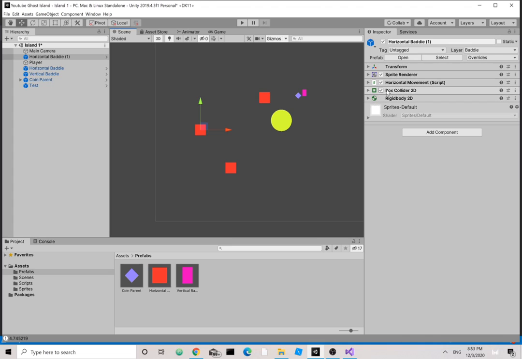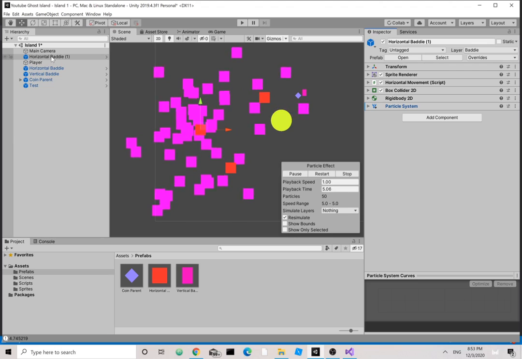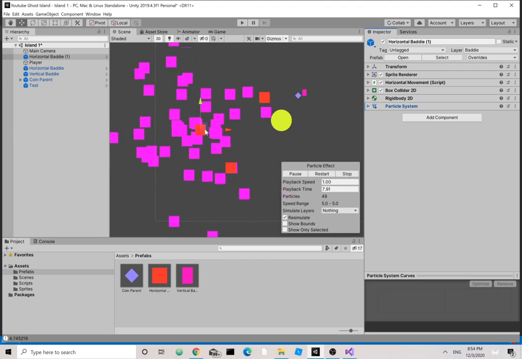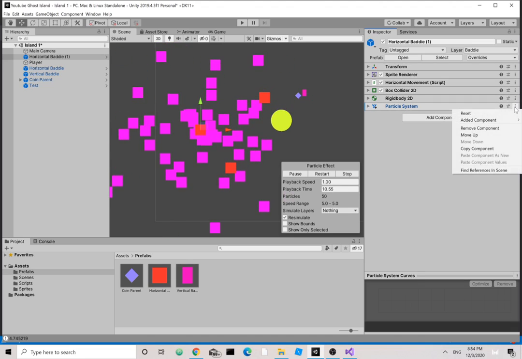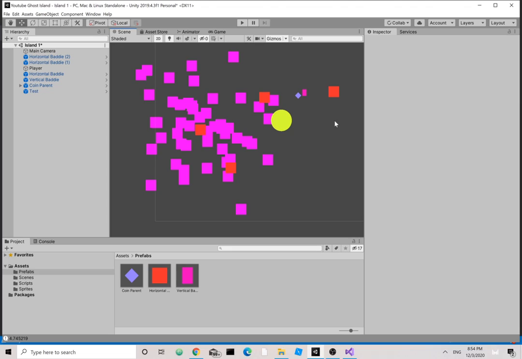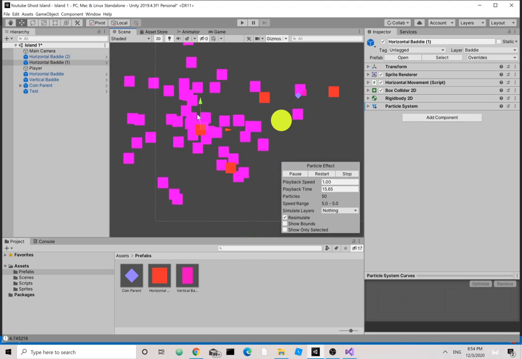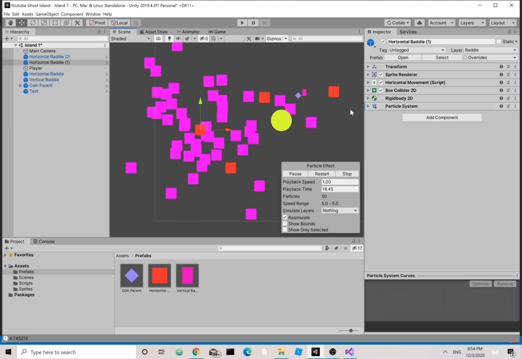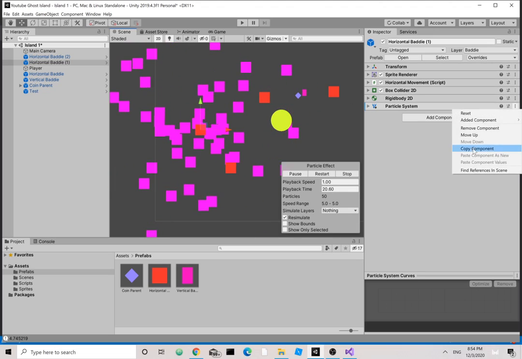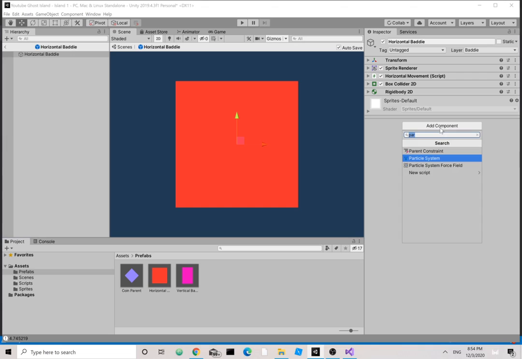So if I add a component, let's say a particle system for some reason, to this horizontal body 1, this wouldn't necessarily be, you know what, that's just too distracting. I'm just going to get rid of that. Actually, I have to keep that. So if I do that and drag another baddie prefab here, the horizontal baddie, you'd see how this one doesn't really emit the particles. However, if I remove the component here, go to my horizontal baddie prefab, and add a particle system there,